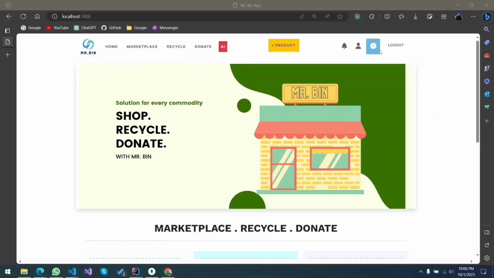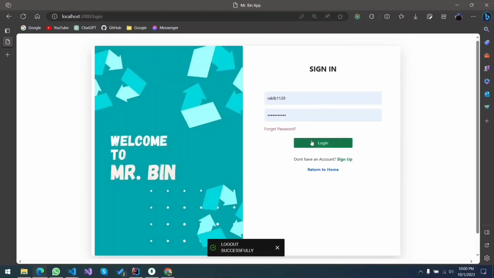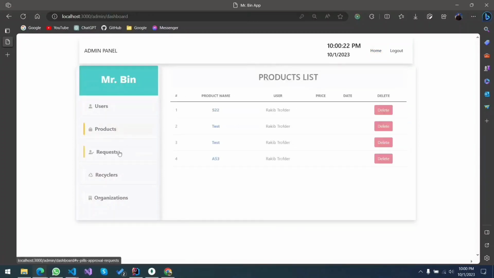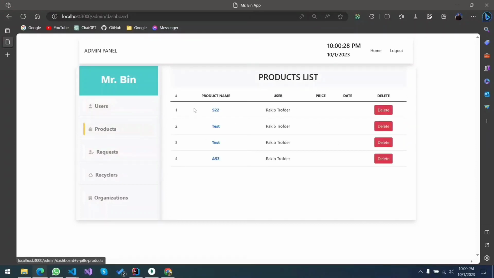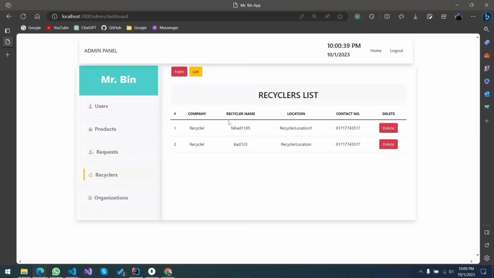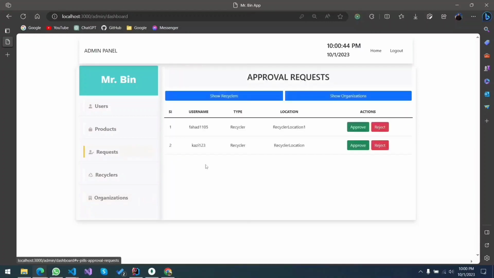In our project, the admin role is hard-coded. For example, Rocky Momentum Man has admin privilege. When he or she signs in, you see that there is a specific admin dashboard, where the admin can go through all the user lists and delete users if needed, all the product lists, and all the request lists. For example, I just pressed Kazi for the recycler role, and you can see that an admin can approve or reject this. There is also the list of recyclers, and the list of organizations up for donation. So here I'm going to approve Kazi.